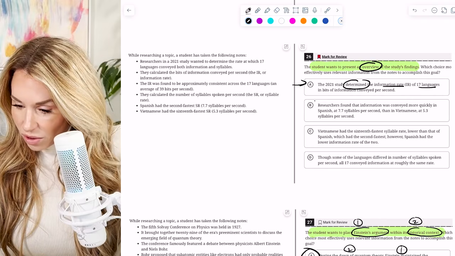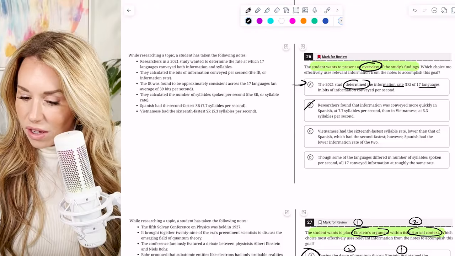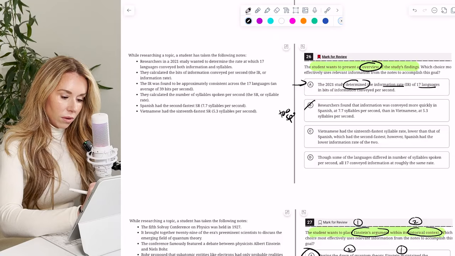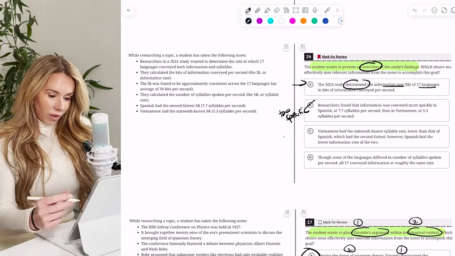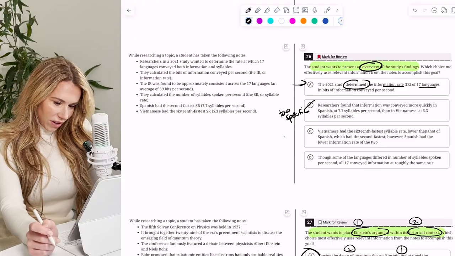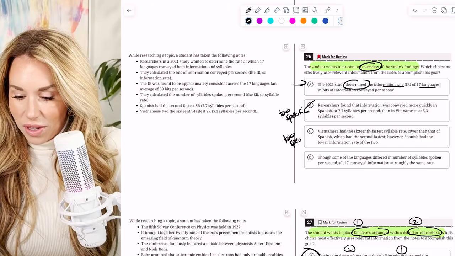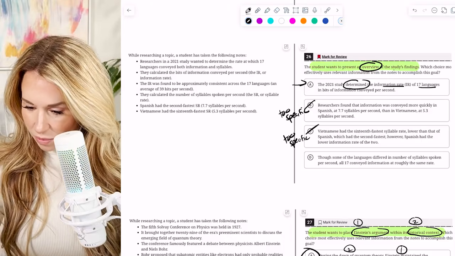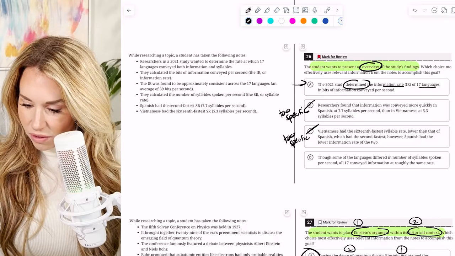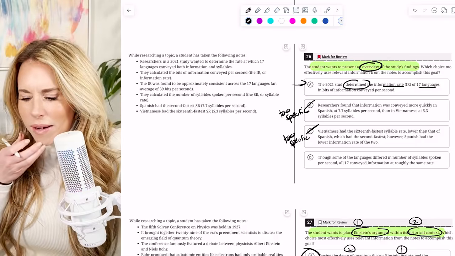Researchers found that information was conveyed more quickly in Spanish. Okay, this is too specific to be an overview. And it's just showing the conclusion. Vietnamese had the 16th fastest syllable rate. Okay, same thing, guys, too specific. Though some of the languages differed in number of syllables spoken per second, all 17 conveyed information at roughly the same rate. Okay,